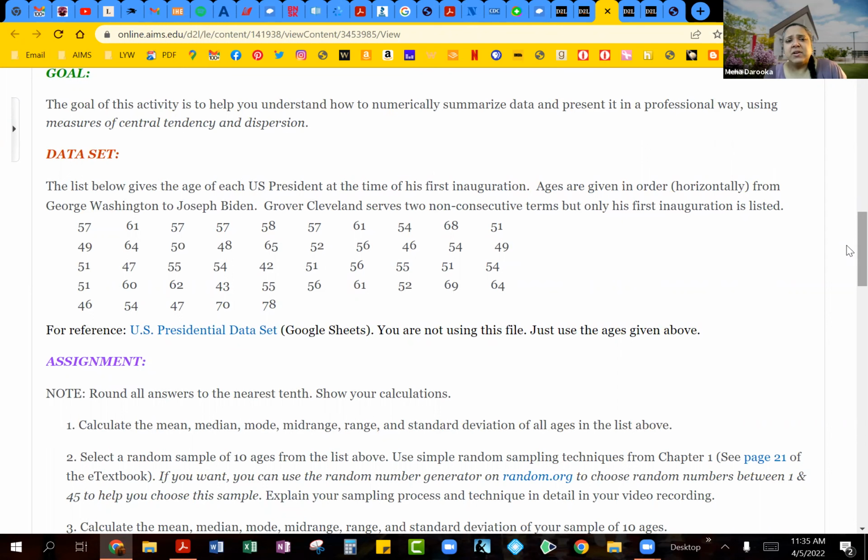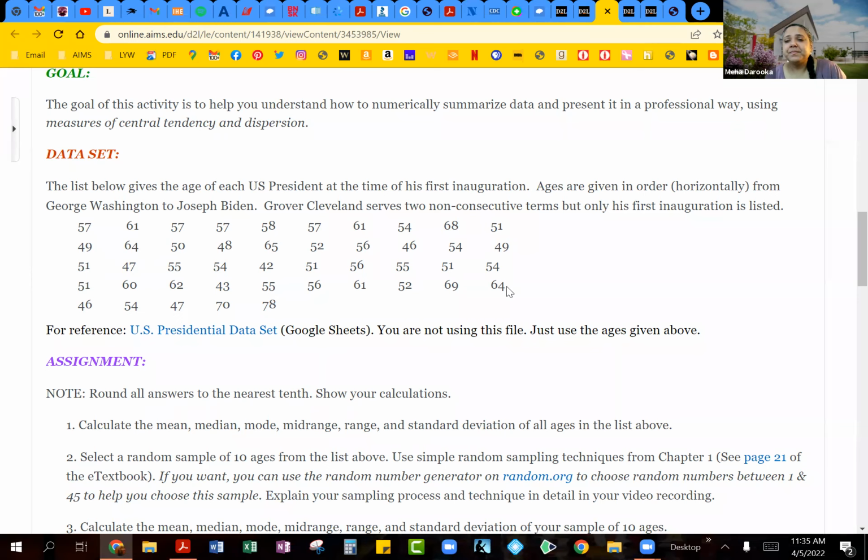So what I've done here is I've basically given you the list of all the ages of the US presidents that we've had, and how old they were at the time of their first inauguration. So these ages are listed horizontally. So as you can see, George Washington would be the first president. So he was 57 at the time of his inauguration. This list goes horizontally. So these are the first 10 presidents, then the next 10. So 11 to 20, 21 to 30,